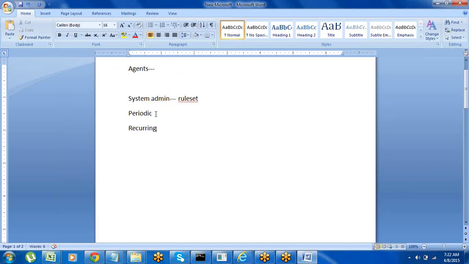Periodic agents means that at a certain time interval, these agents will be fired automatically. For example, the minimum time to fire a periodic agent is 5 seconds, and you can give any number of seconds after that. The minimum interval you have to give for a periodic agent is 5 seconds, and later on you can add any number of seconds. So it should automatically fire within that certain number of seconds.